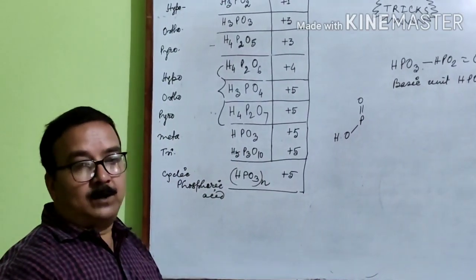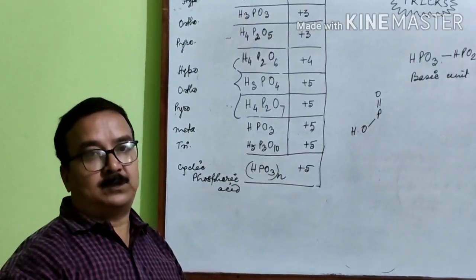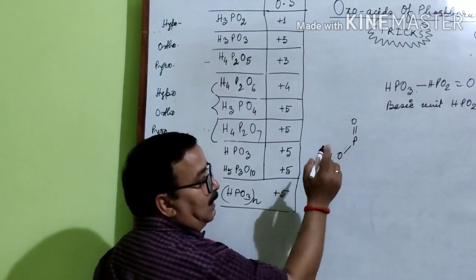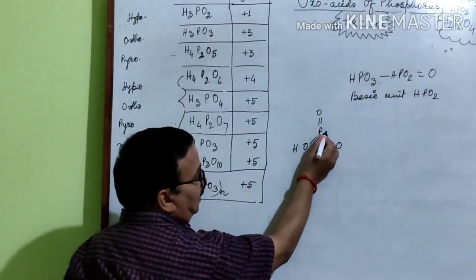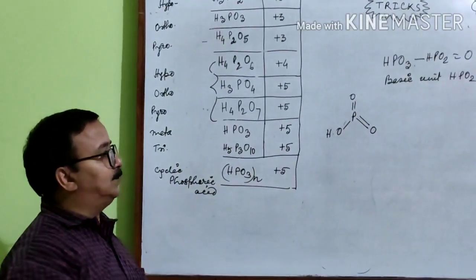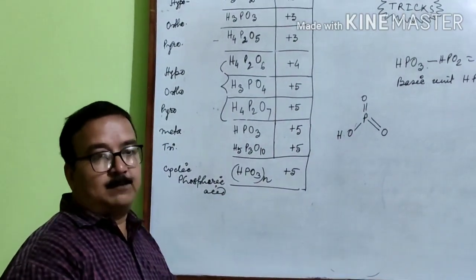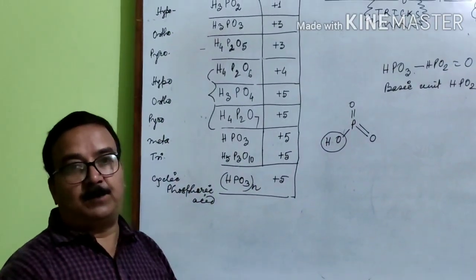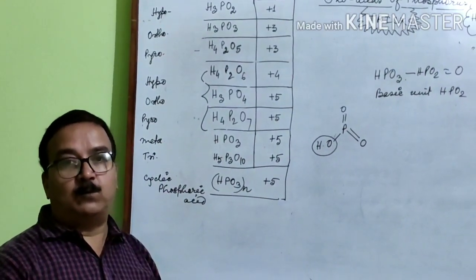Now one oxygen atom is left. Phosphorus should make 5 bonds. How many bonds are present here till now? 3. And only one oxygen atom is remaining. Therefore, give a double bond here. So this is the structure of metaphosphoric acid. How many OH groups are attached to the central atom P? Only 1. Therefore, the basicity of this acid will be 1. Hence it is a monobasic acid, that is a monoprotic acid.